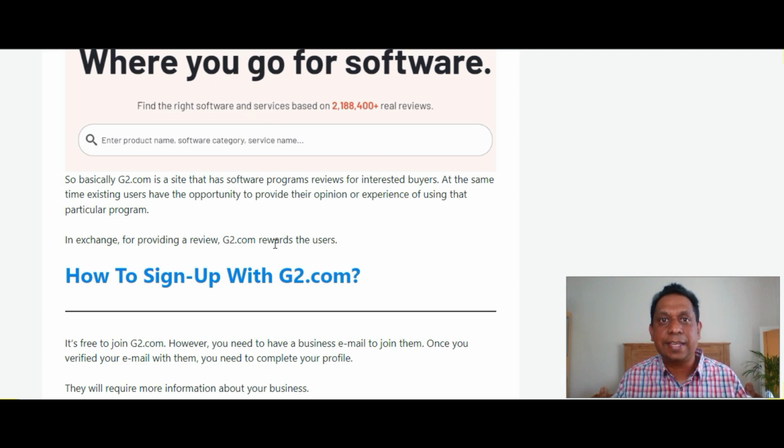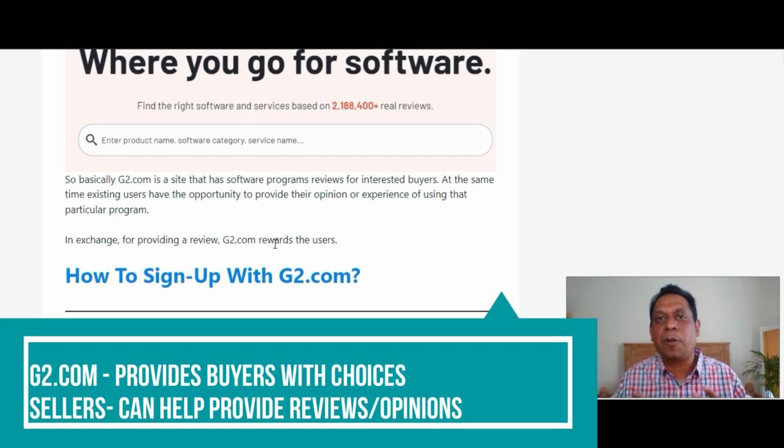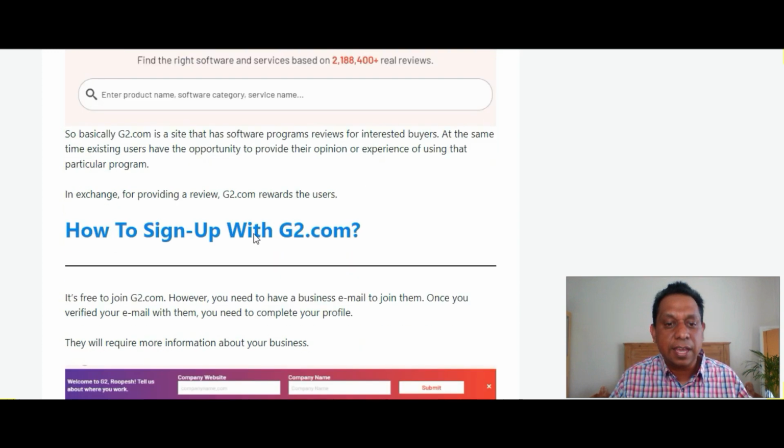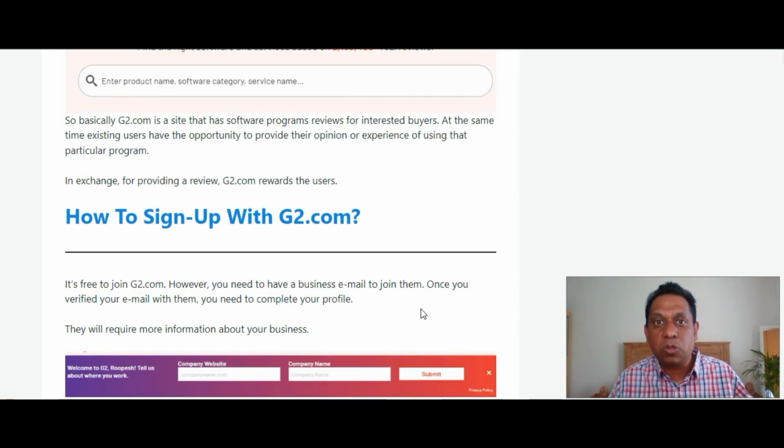So basically, in a nutshell, G2.com is a site that has a bunch of software reviews for interested buyers, and at the same time existing users have the opportunity to provide their opinion of the software, and in exchange they get rewarded by G2.com. Now, when you are signing up for G2.com, you can't just use your normal email address. They actually need a business email to join. So it shows you that they're very picky